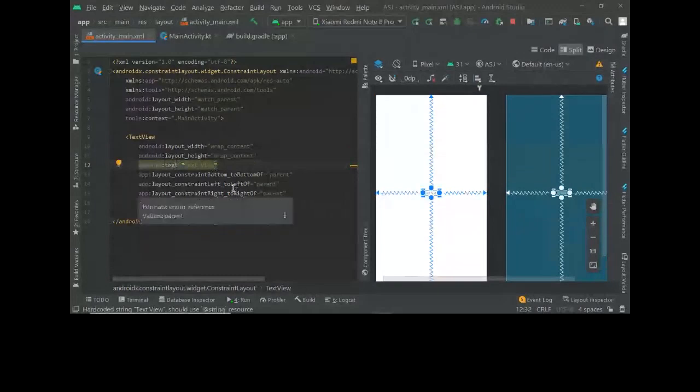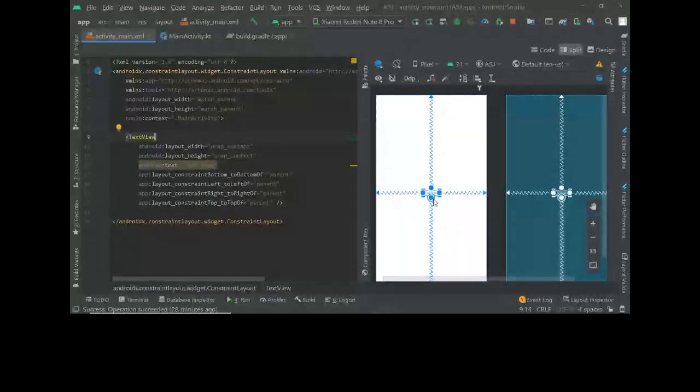Text view. Now coming to constraints, right? You can see this blue color zigzag line. These are what constraints mean. So like constraint bottom to bottom means constrain the bottom of this text view to the bottom of something else. So constraint bottom to the bottom of parent means this is the bottom of the text view, right?